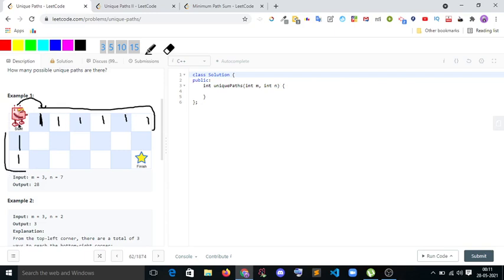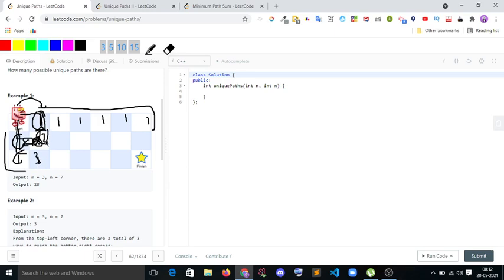Because when you move from the start to this point, you need only one move. If I really want to reach this point, I can come from this position and from that position, so I have two ways: 1 plus 1 becomes 2. To reach here, 2 plus 1 becomes 3.